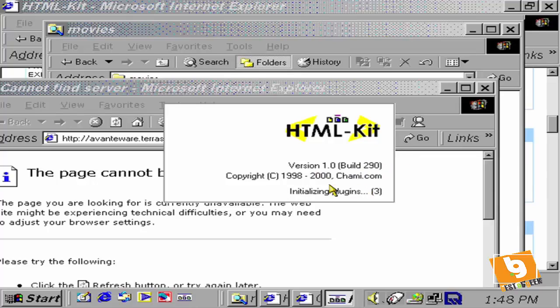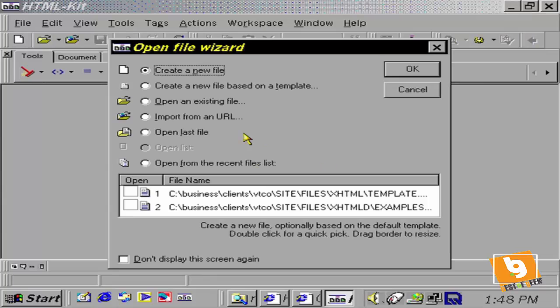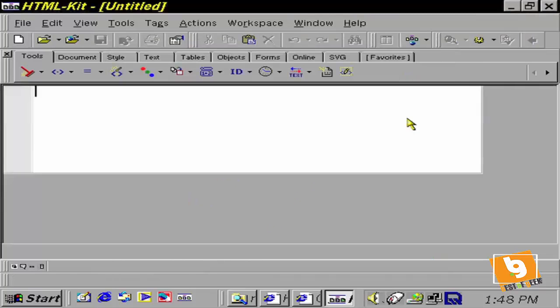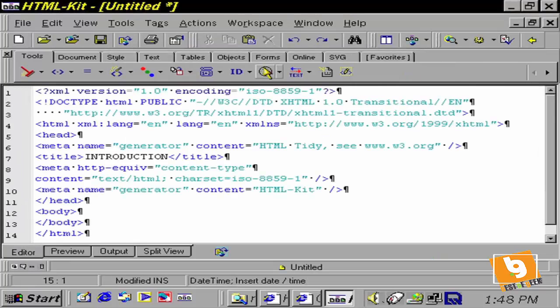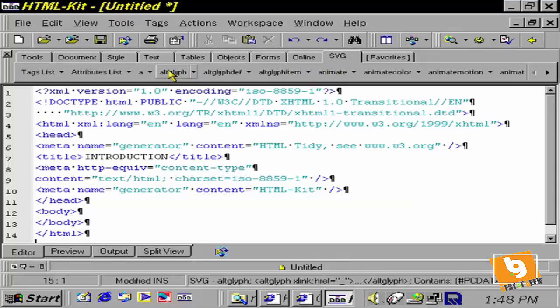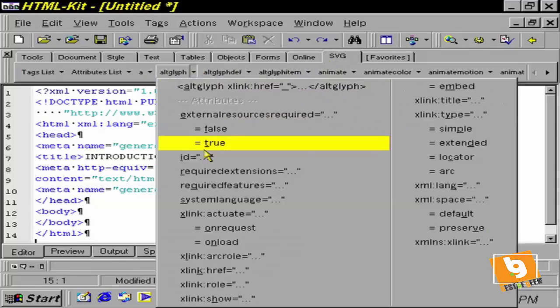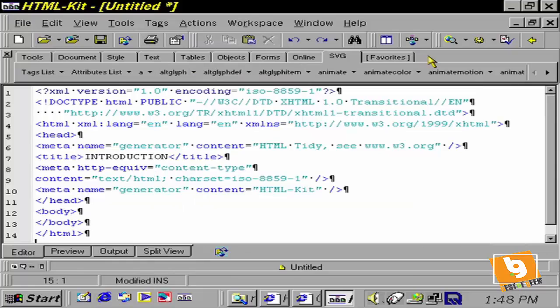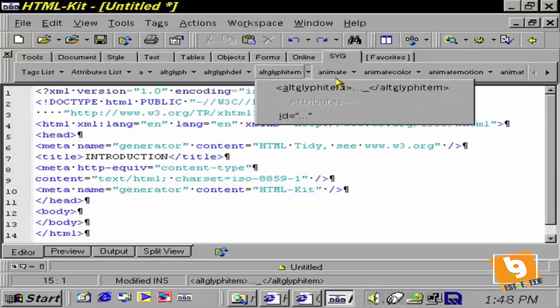As new versions come out, plugins that they've found to be very useful they've installed automatically. So we can now see Scalable Vector Graphics, all the elements that can be inserted